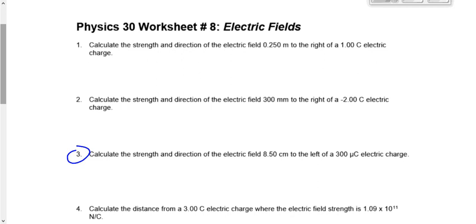Let's have a look at worksheet number 8 on electric fields. Yesterday we learned that an electric field is a region of space in which an electric force could be experienced by a charged particle, if there was a charged particle there. That takes us to the definition of the direction of the electric field as well. We define the direction of the electric field as the direction of the force on a,